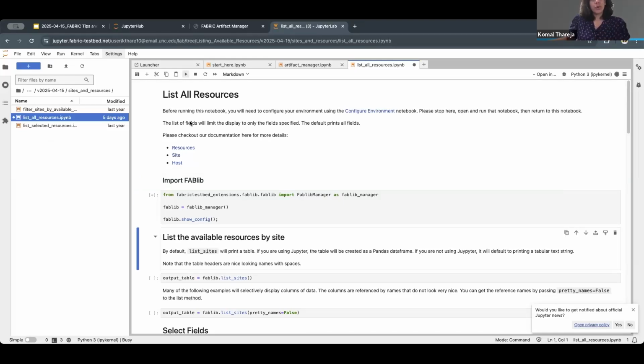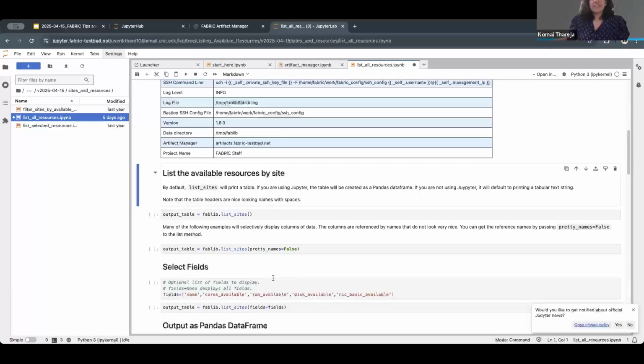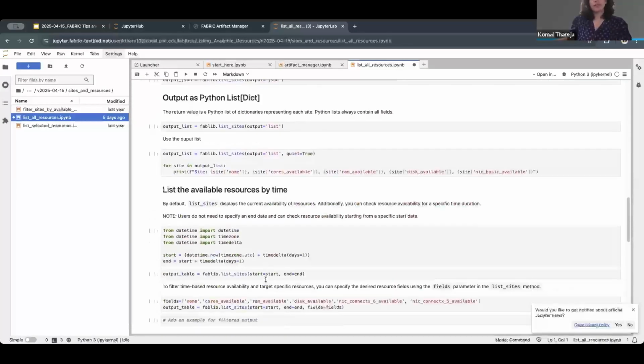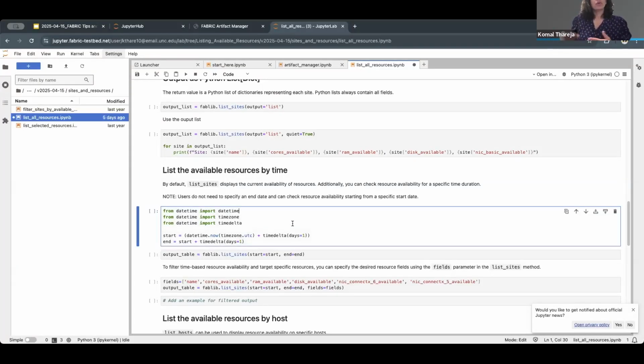I'm not going to run through all the cells because this is an expensive call. It takes a while for the responses to come back. So I'm just going to go through where I was trying to show querying resources based on time, which is what this webinar is about. Here, you can choose a time interval. In this case, for example, I'm saying one day from now, what is the availability of resources for the next 24 hours? So you just choose the time range by specifying a start time and an end time,